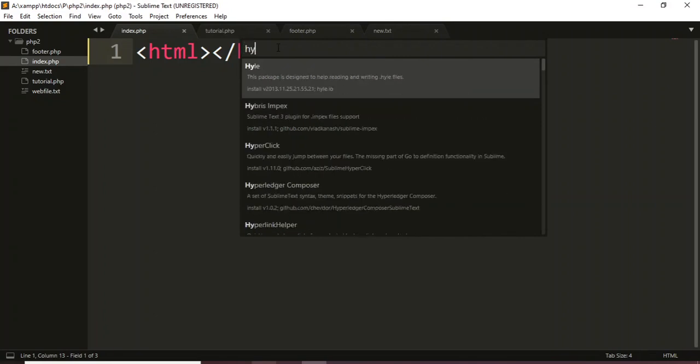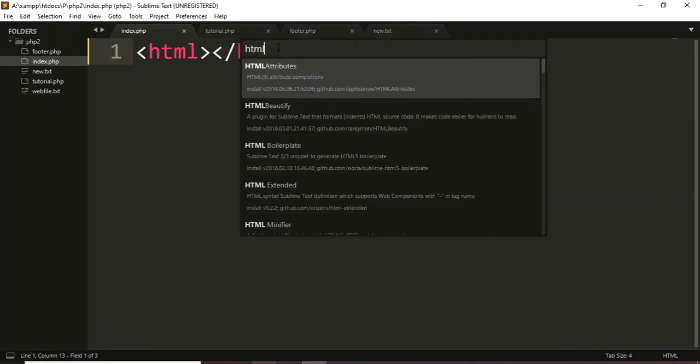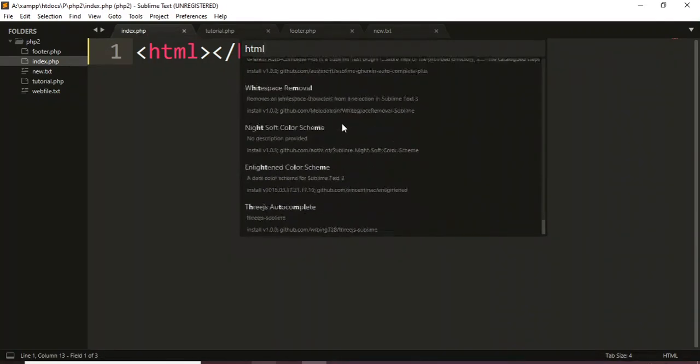You can add the package you want to work with. Just name it, like HTML. If you add this package, the attributes will auto-complete, attribute completions. HTML Beautify, a plugin for Sublime Text that formats and indents HTML source code. It makes code easier for humans to read. Okay, you can add any of the